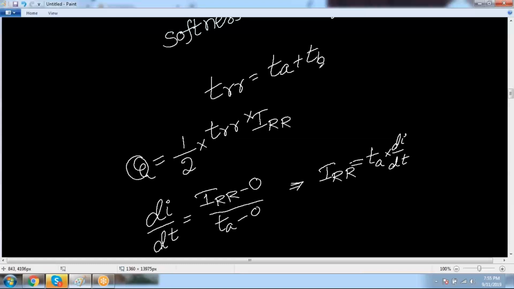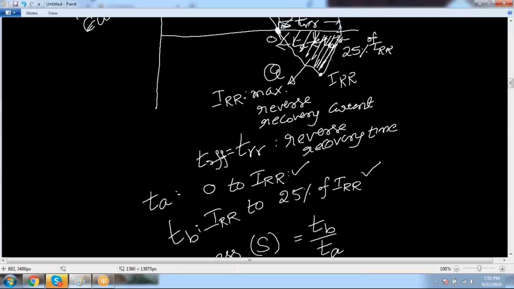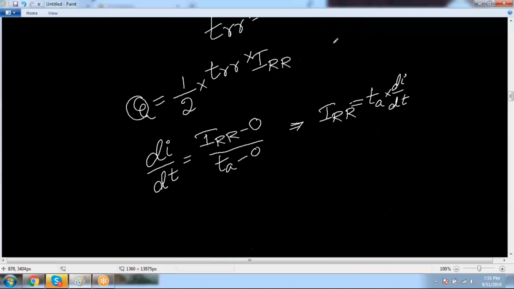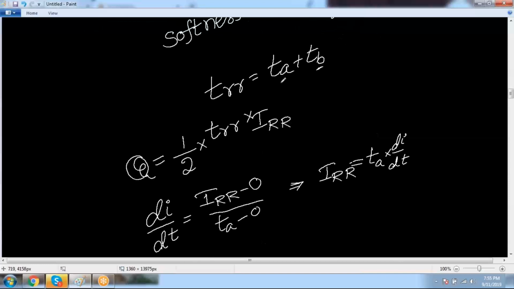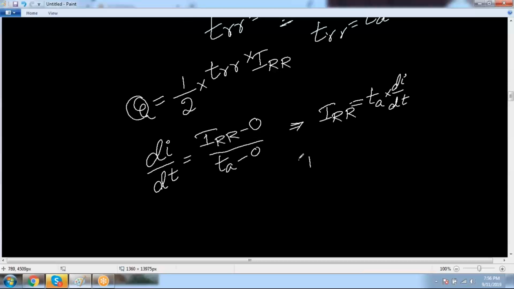But the TB is the current coming from IRR2. It is about 25%, almost like a decrease on the line. So if you neglect TB, which is a small value compared to TA, then can I approximate TRR is equal to TA? Then coming to this equation,